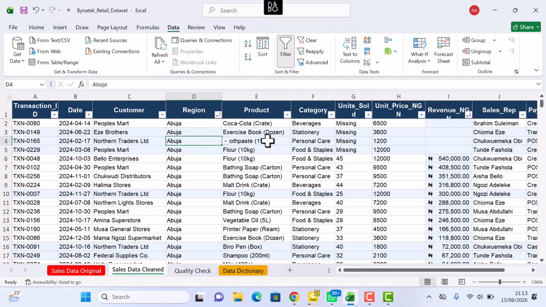Let's now talk about, because that was supposed to be the next thing we're supposed to do, the custom sort you were talking about, right? Standard sorting is alphabetical or numerical, but sometimes you need a custom order that doesn't follow the alphabetical order, right? For example,